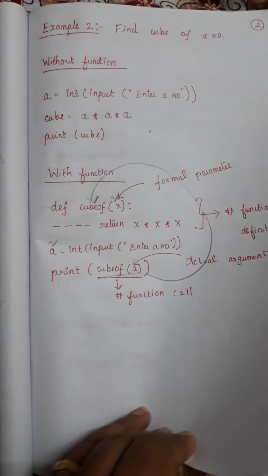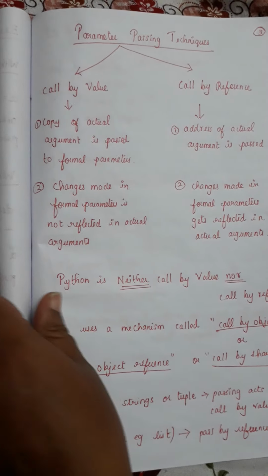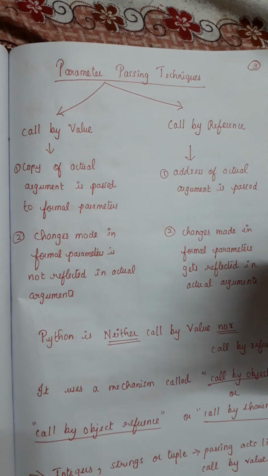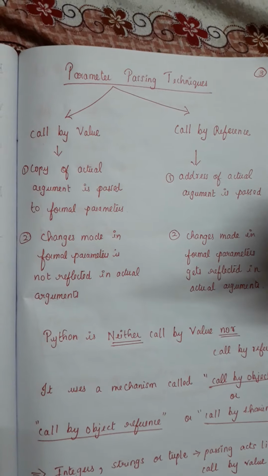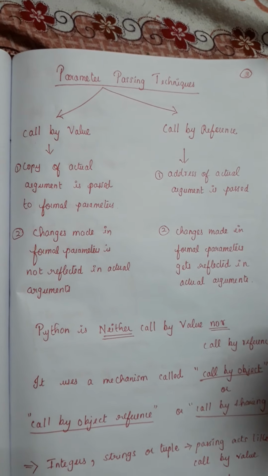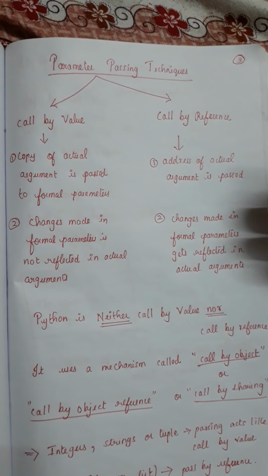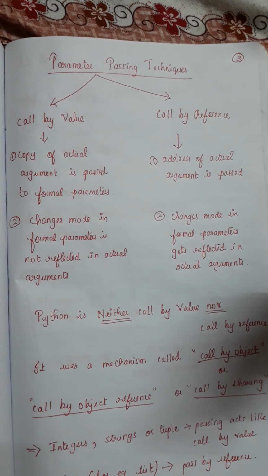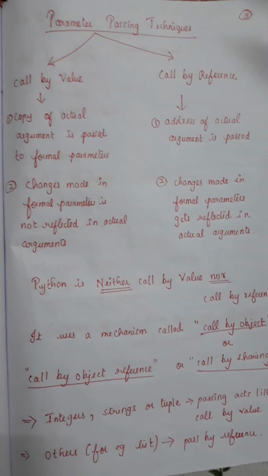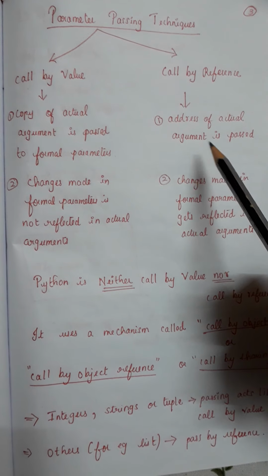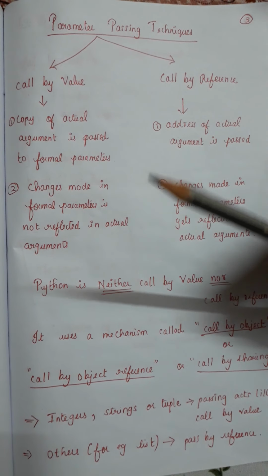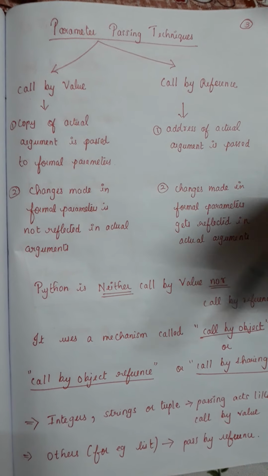Okay, so next we will go to the next topic, that is parameter passing techniques. We are passing inputs to the program, right? We have passed the value of a, we pass the value of x from the calling function to the called function. How are we passing? The methodology used for passing the parameters is called parameter passing techniques. It may be classified into two categories. One is call by value, the other one is call by reference. In C programming you would have learned this before.